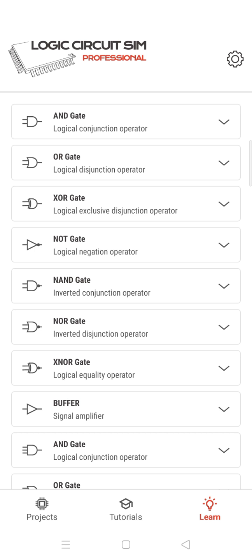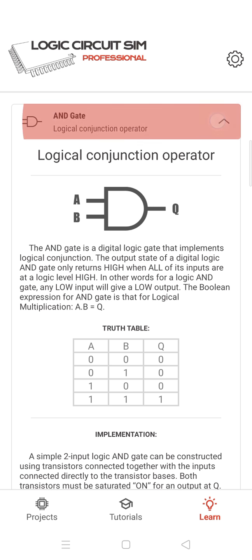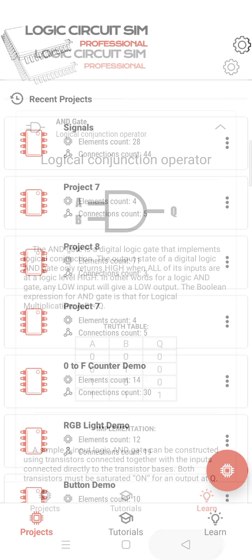So this is the AND gate. AND gate means, I told you already, if both the things are on, then you get an output. So that is called an AND circuit, logical conjunction operation. Conjunction means 0, 0 gives nothing. 0 and 1, that is also nothing. 1 and 0, that is also nothing. Only when you have a 1 and a 1, when you have a yes answer from your supervisor and a yes answer from somebody else, only then can you have your certificate. That is why it is called an AND gate. That is called an AND gate and an OR gate and things like that.